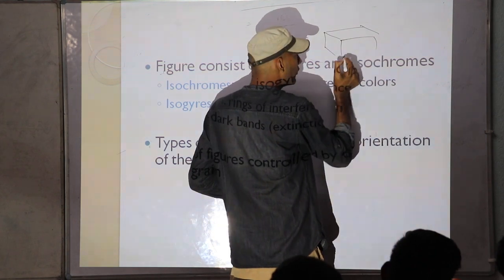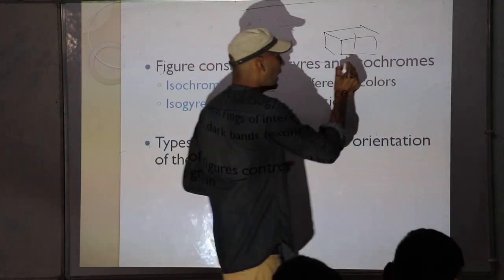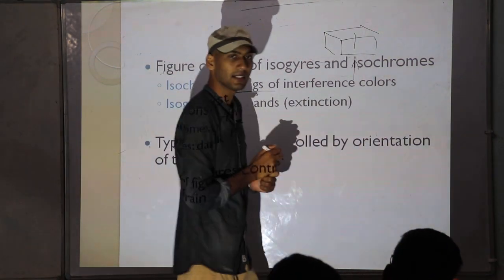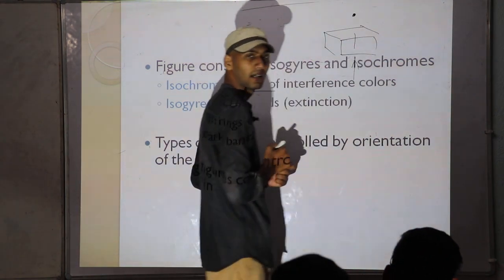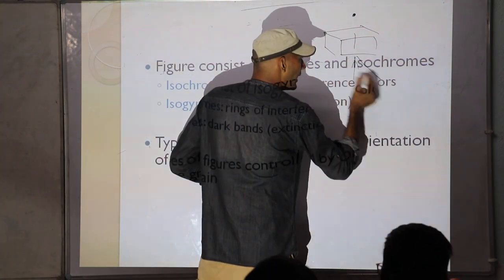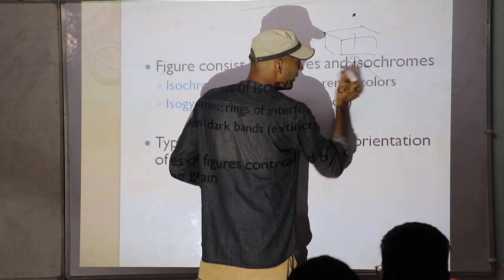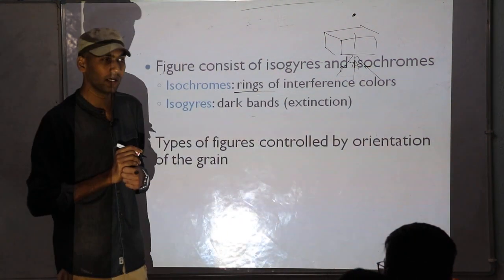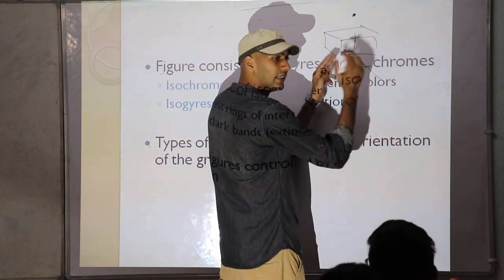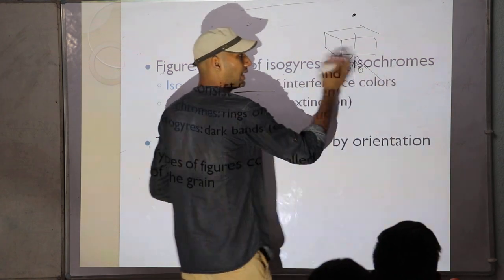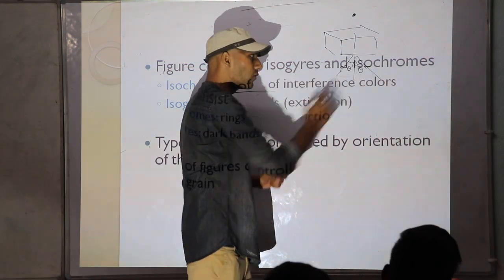I have done this diagram before. If this is the optic axis, one of the light rays that passes through the optic axis produces your darkness, right? This light ray is at some angle to the optic axis, and these are similar, right? I am taking theta, that means that is a cone. In 3-dimensional, that is a cone. In 2-dimension, I am showing 2 rays. In 3-dimension, if we are considering, that is a cone, right?